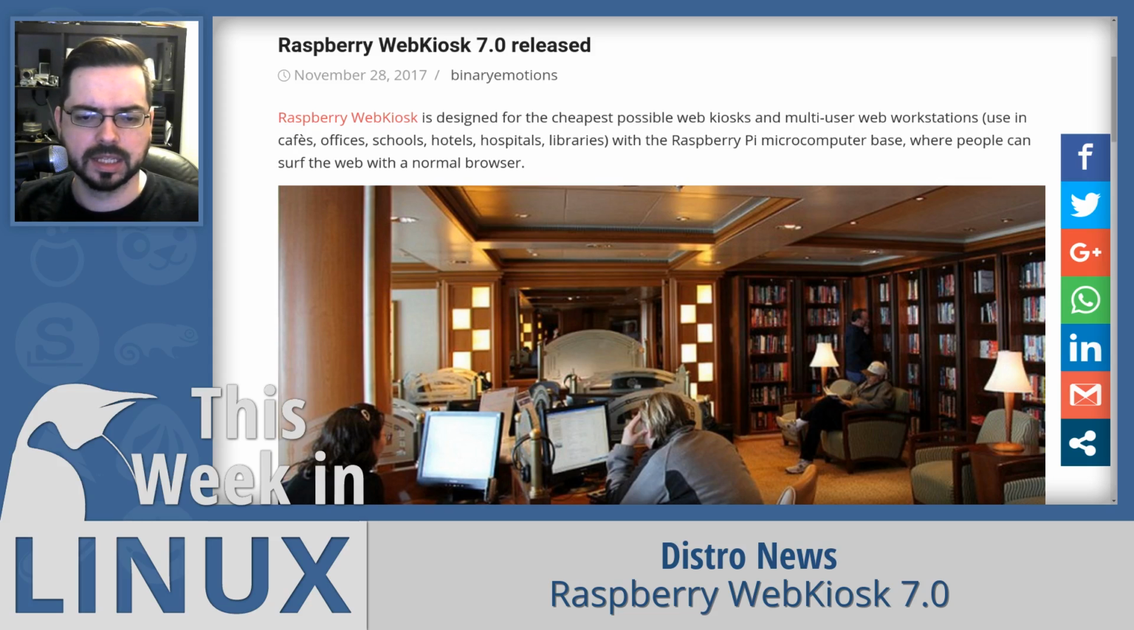But anyway, Raspberry WebKiosk 7.0 is being updated to Raspbian Stretch, and it comes with H.264 AVC video acceleration, which itself is pretty good. That's a nice improvement, and it also has Flash support by default if you wanted it. And it's based on Chromium. I don't know if I said that or not, but it is. And hopefully they'll look into using Firefox Quantum because that's a better browser. Anyway,